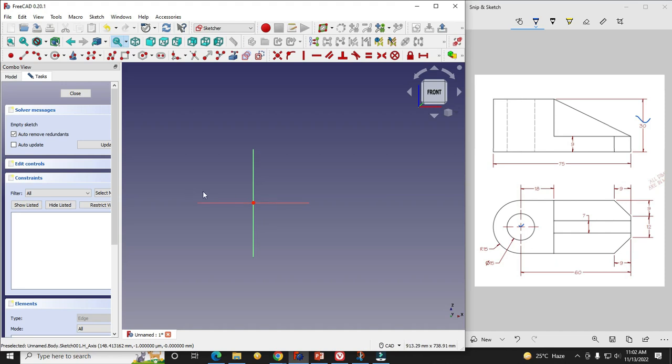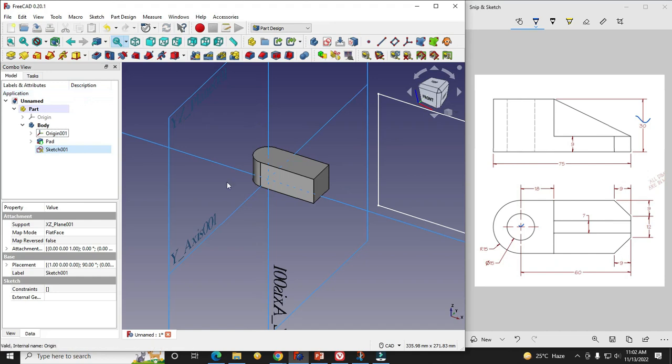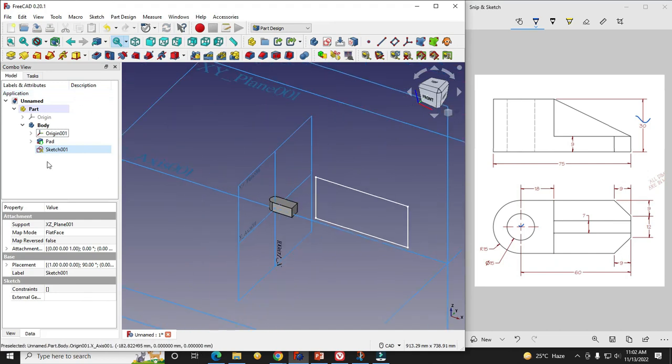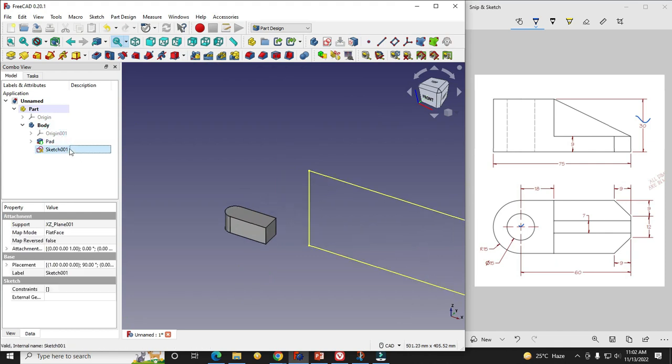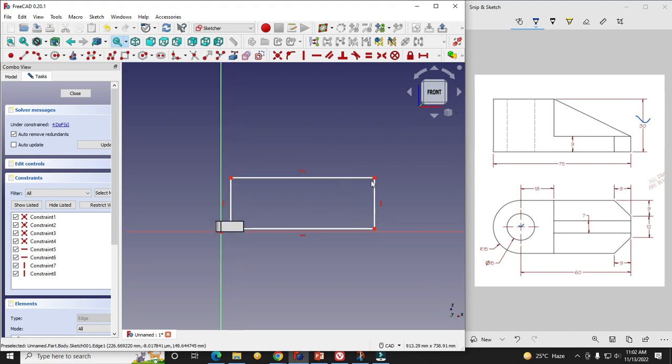So there may be some graphical issue if you are not seeing your object here. The best thing is to just draw any sketch here and then extrude, come outside of the sketch, then you will see. It is basically some graphical error. So now I will again edit my sketch here, and now